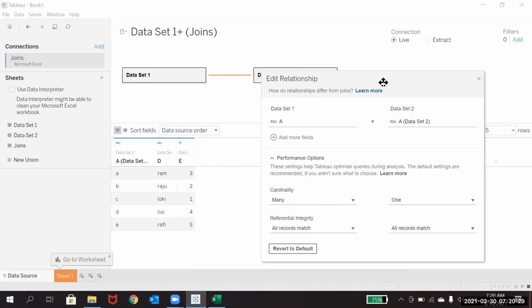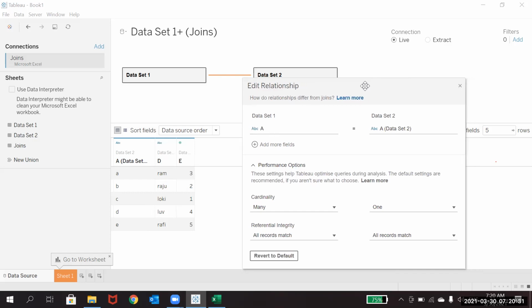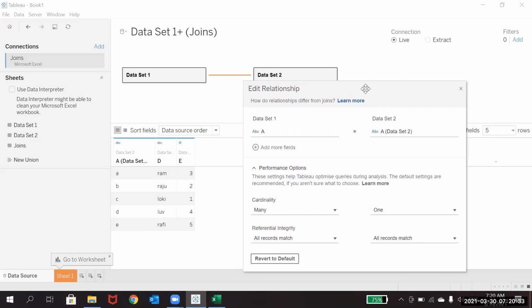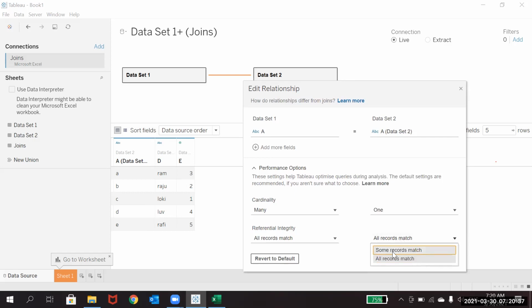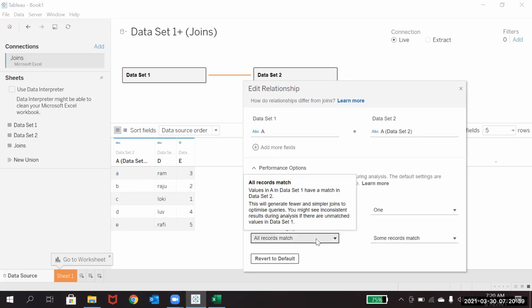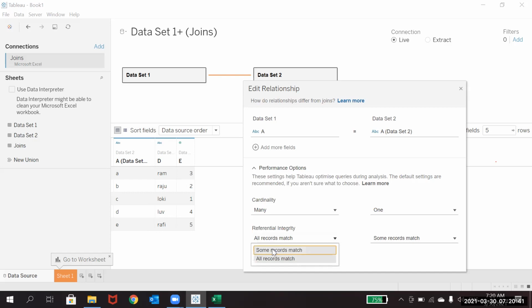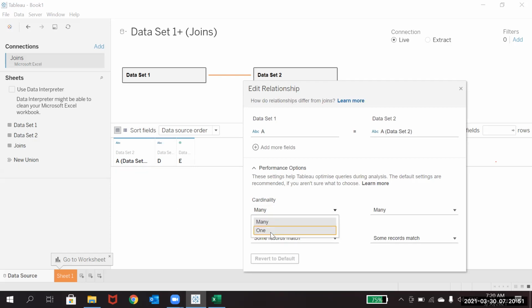If you observe the result in the below set, let me do some records which will match. Almost the result is the same. Maybe let me do some other relationship. Yeah, the data sets are like that. Okay, let me add.